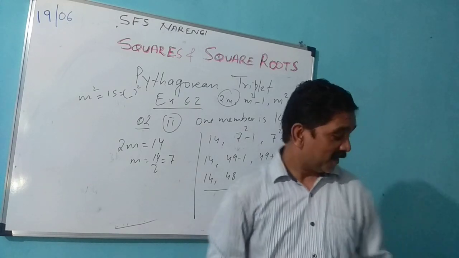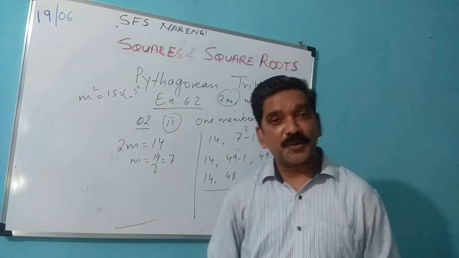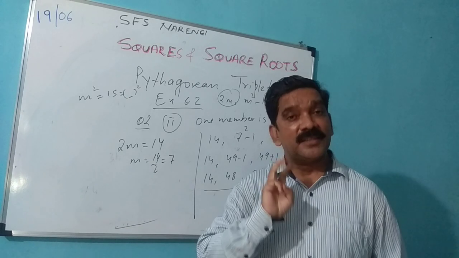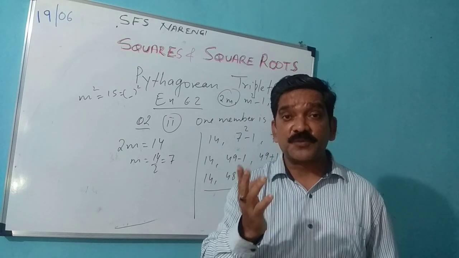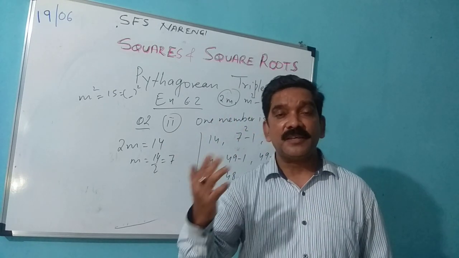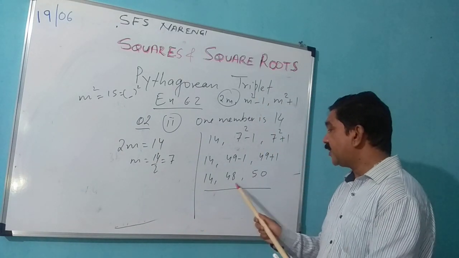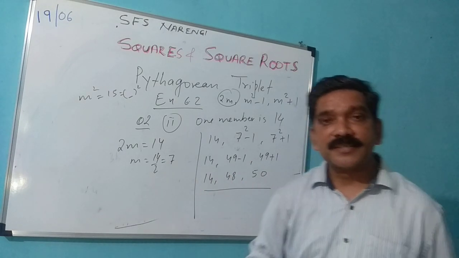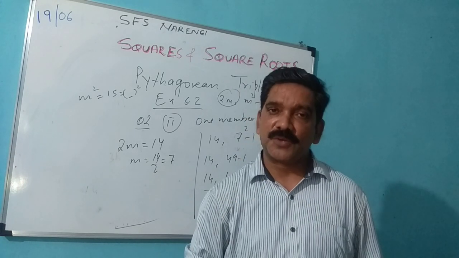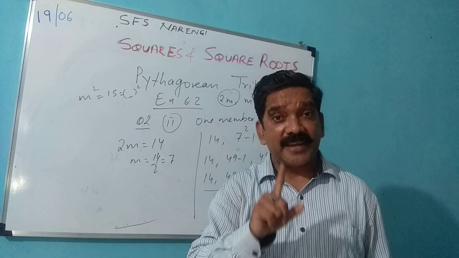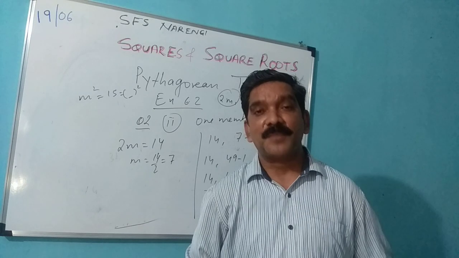Okay my dear students, today I think this much is enough. Today we did Pythagorean triplets. A Pythagorean triplet means three numbers where the sum of the squares of the two smaller numbers is equal to the square of the greater number. For example, in this case 14, 48, 50. Prior to this we did 6, 8 and 10. The square of 6 plus the square of 8 is equal to the square of 10, so 6, 8 and 10 are a Pythagorean triplet. There are so many examples like that. Please find them yourself.